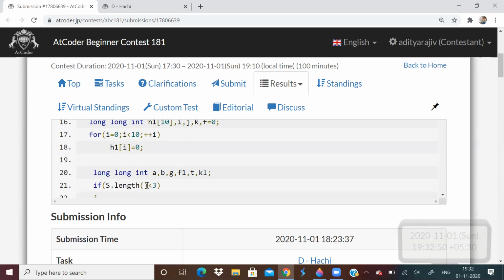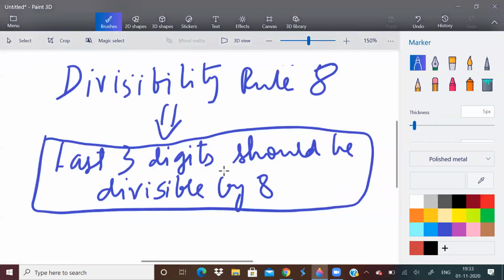If you have already done it, very good. But if you have not done it, it is simply brute force. You need to take into account all the corner cases and be very careful with that. Okay. So again, just remember this, last 3 digits should be divisible by 8. You have to make the last 3 digits somehow divisible by 8. So it can be solved in O of n time only, I guess. Yeah, because I have just made a hash array of size 9 or 10. I think 9. So it will actually take almost constant time, I would say.